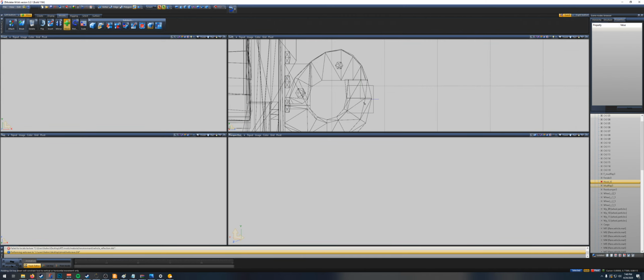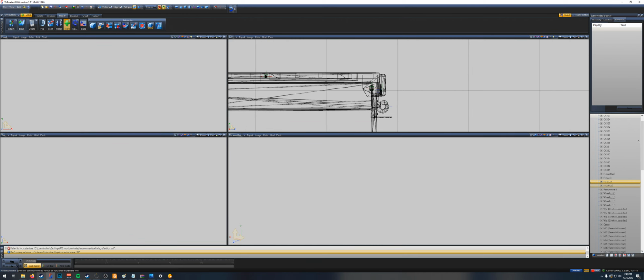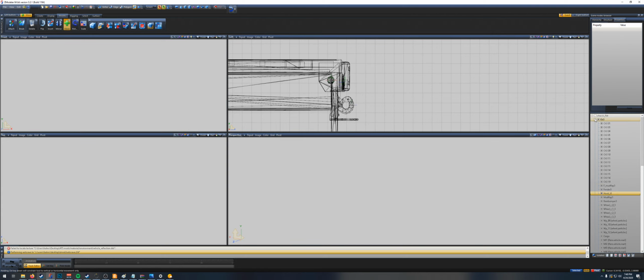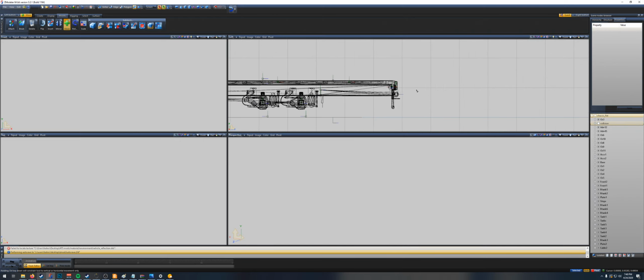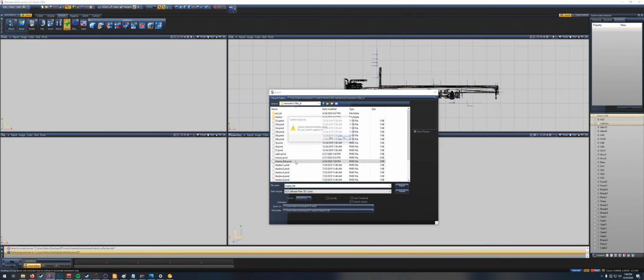The wrong thing. Right where I want it. Collision looks pretty good. Alright, I think we're in good shape, so now we're going to, hopefully for the last time,